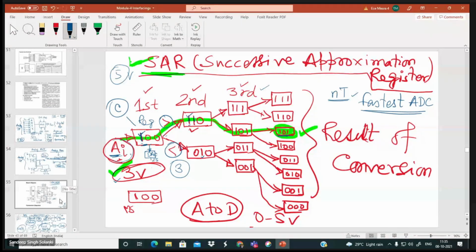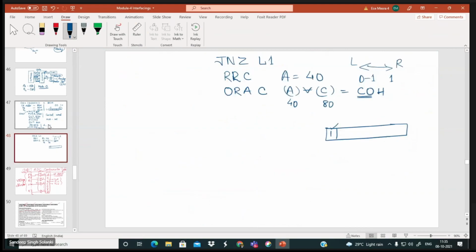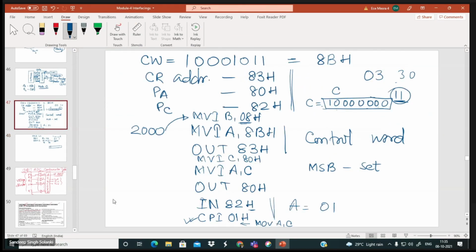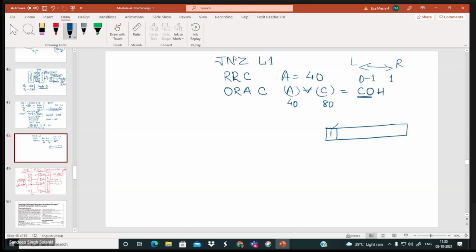So that is what you are getting, in fact. See here, CPI, with that CPI, you are getting two outputs, na? Jump if not zero. It means what? It is not equal. Yes. Means accumulator is not having 0, 1. If it is not equal, you will jump. If it is equal, then you will go this side. So there are two decisions you are finding here, na? Yes, sir.